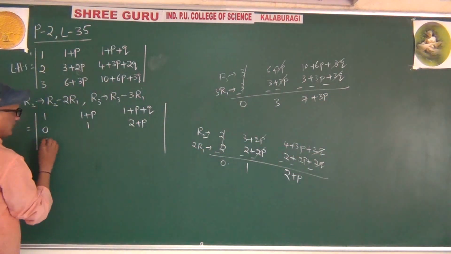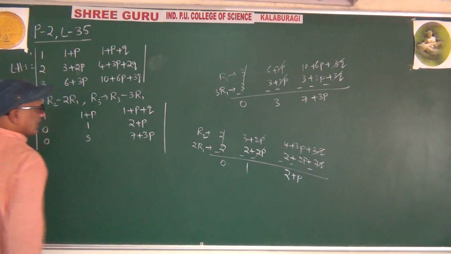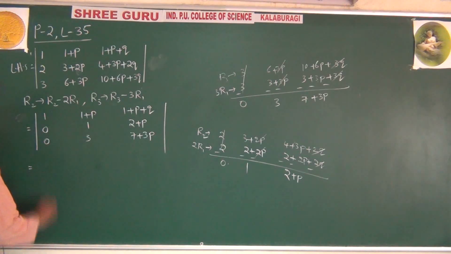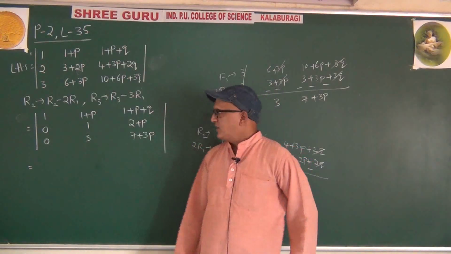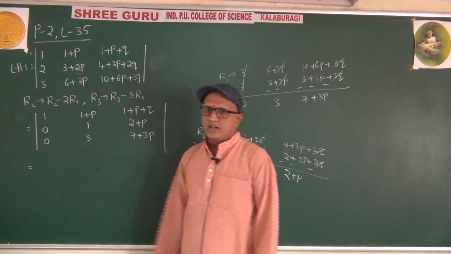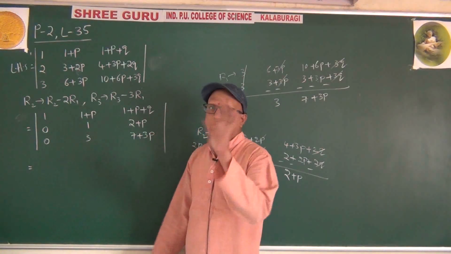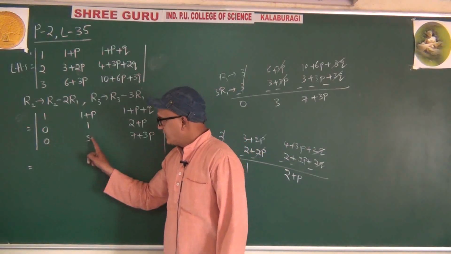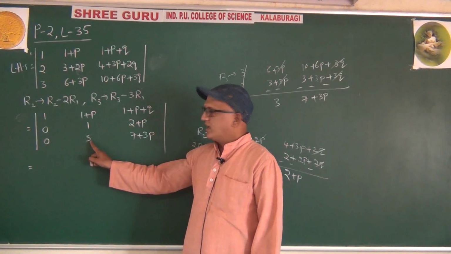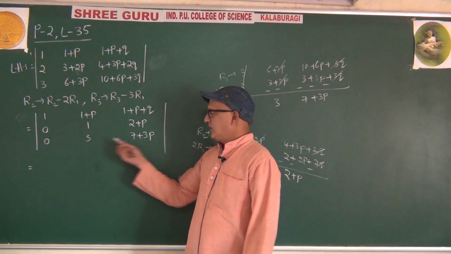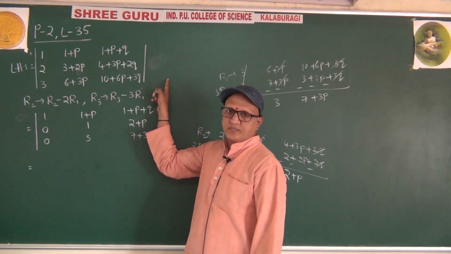Simple. Very simple. Appearance is big, but simplification is simple. Equals to answer is 1. Already we got 1 here. If we get 1 at this place, then if we get 0 at this place, just we have to multiply this. So our target is to get 0 here. If we get 0 here, definitely it will be 1. Why? Because answer is 1.